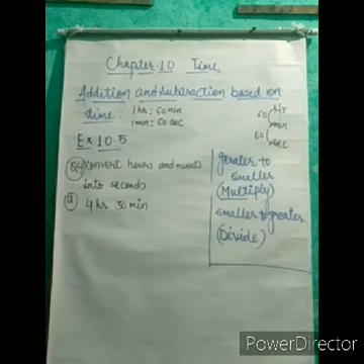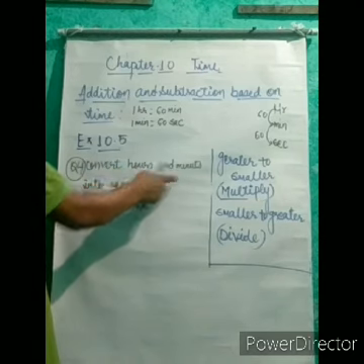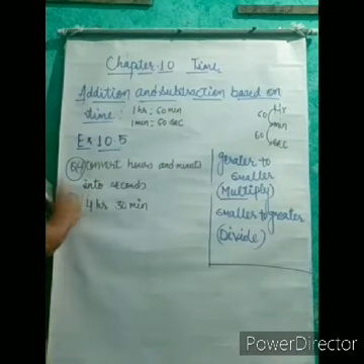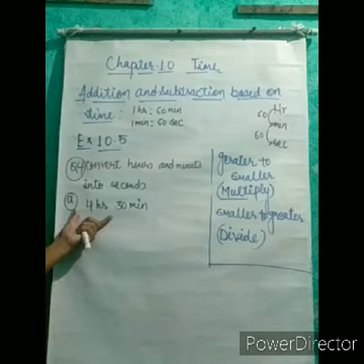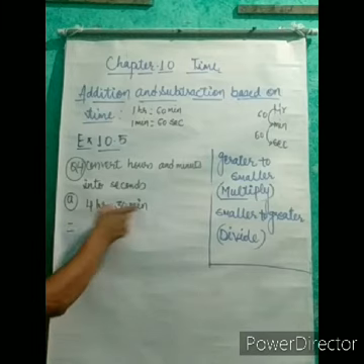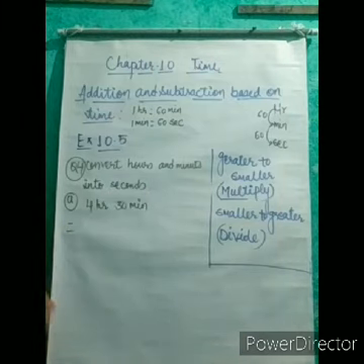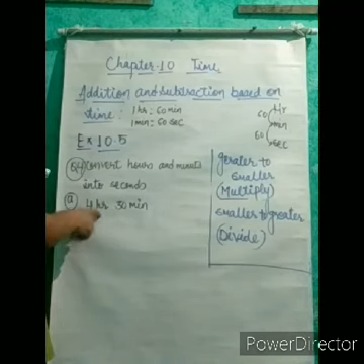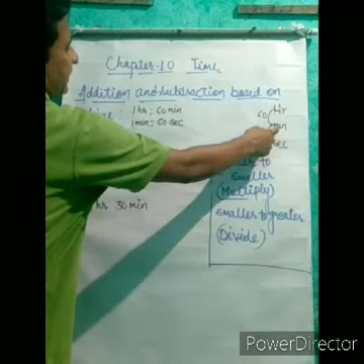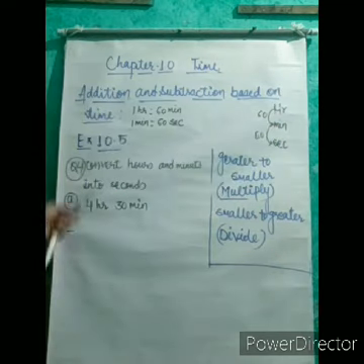Now see this question number 4, where hours and minutes we have to convert into seconds. So here it is given 4 hours and 30 minutes. What we are doing is converting these hours and minutes to seconds. But you know that hours we can convert first into minutes, then minutes we will convert into seconds. So there are two methods, both methods I will teach you.